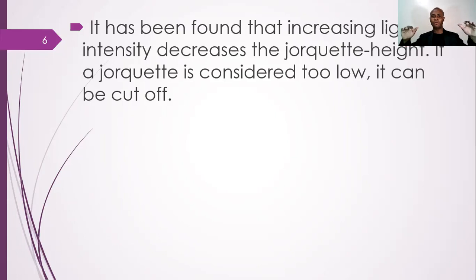The point here is that if light intensity is high, it can decrease the height of the jockey. So you need to make sure that you don't allow the jockey to fall lower, but you have a high jockey, because